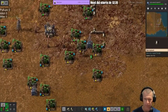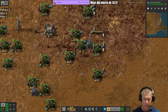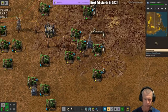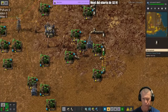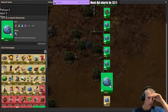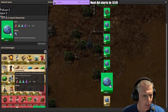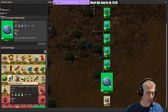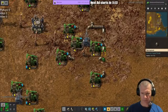Oh gosh, there's quite a few of these, isn't there? Research online. Coal liquefaction, or liquefaction. That's very powerful. We'll be using that a fair bit. Oh, I want to get the Corvex. Get that going too. Once we get our...